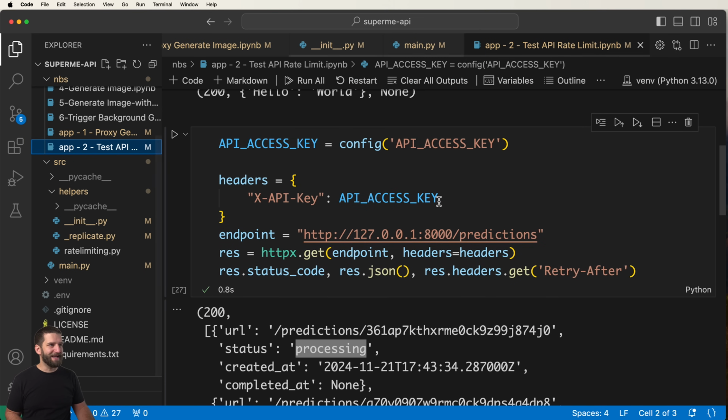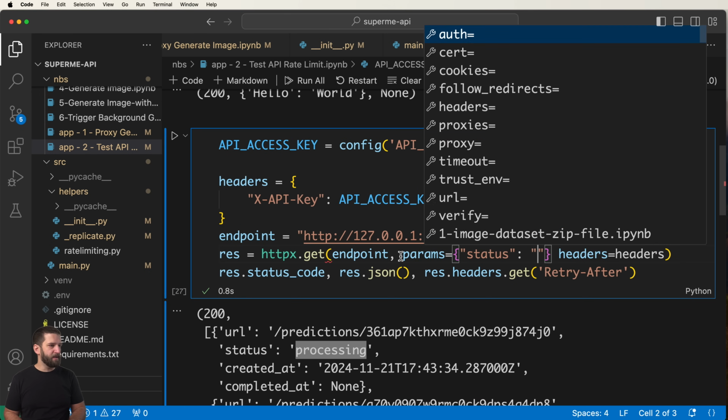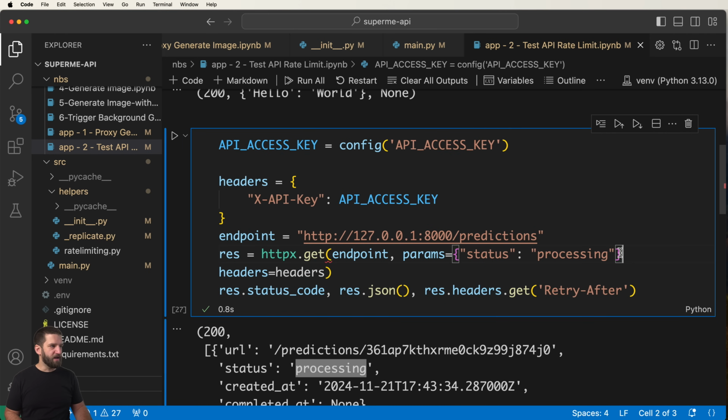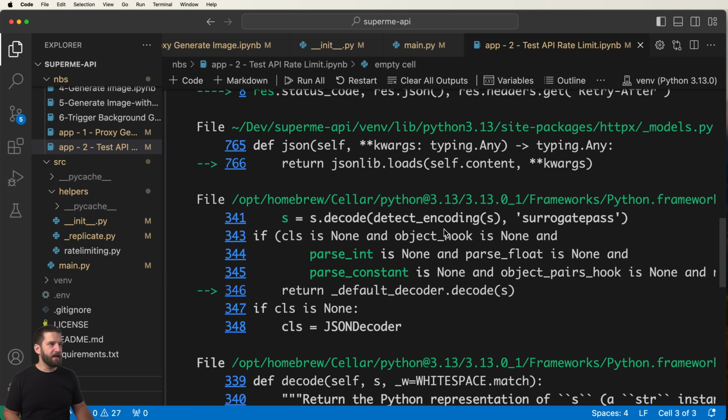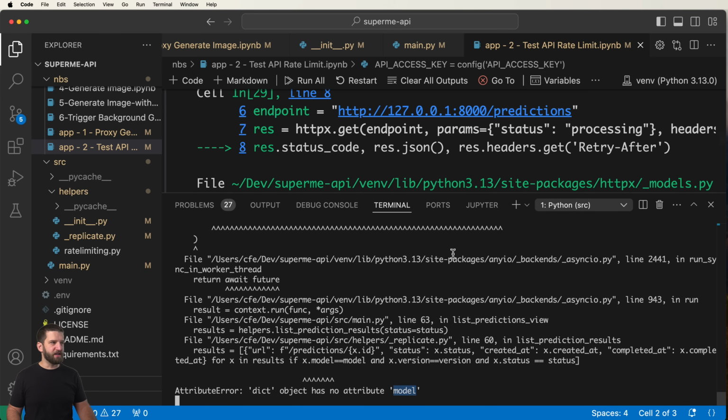So back into our test now, I can pass in some data here and do something like params equals to, then we bring in status being, let's say, processing. Just another way to do a lookup. And this error right here isn't telling me a whole lot. So if I actually take a look at the